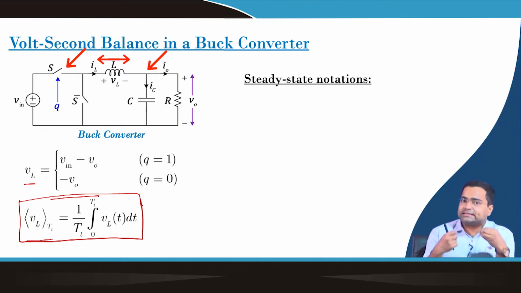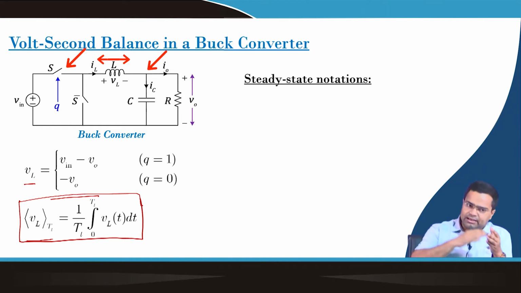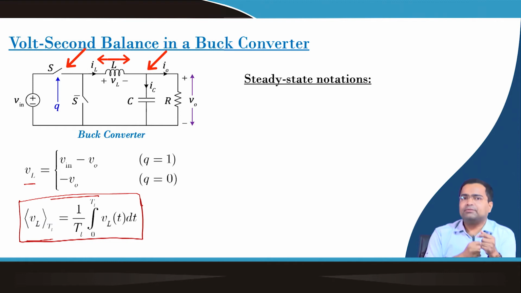If any residual flux keeps building in every cycle, then it can saturate the core. It can saturate the core if it keeps building up or it can go down. So, depending upon the BH curve of the magnetic core, it can saturate in either direction. So, we want that the average inductor voltage should be